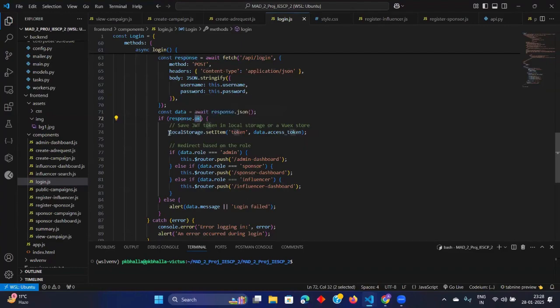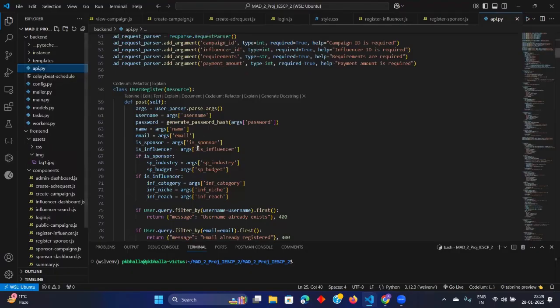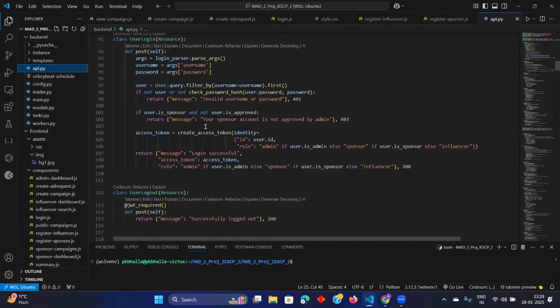And then if the success code is coming, it sets this in the browser local storage. This is the browser localStorage.setItem, a function for local storage. setItem, then token. This is the token which we are setting in the browser local storage, and we are setting the access token which is coming from the data. This data we are converting with response.json, and after converting to JSON format, we are accessing the access token which is coming from the backend. If I go to the backend and show you this login, you see it is returning message, access token